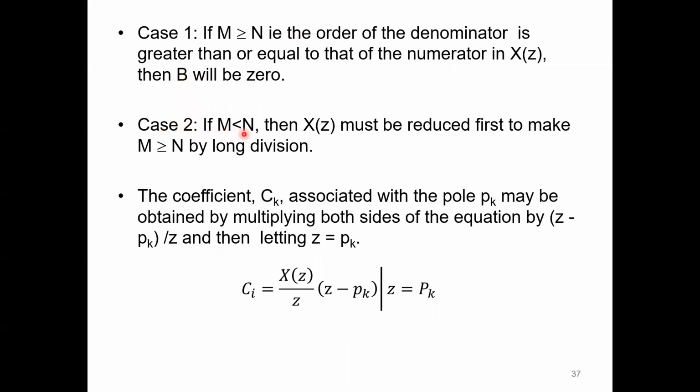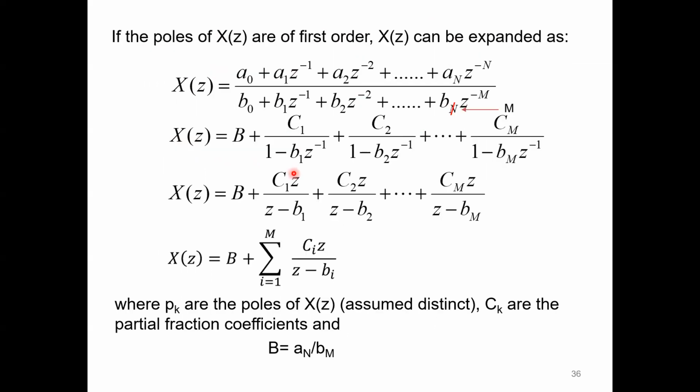Case 2, m is less than n. If m is less than n, then you cannot simply do it straight away. If this is smaller than n, you have to do a little adjustment upfront before you can do anything, which is you have to do a bit of long division, in fact, and figure out what is the b constant, followed by a rational polynomial